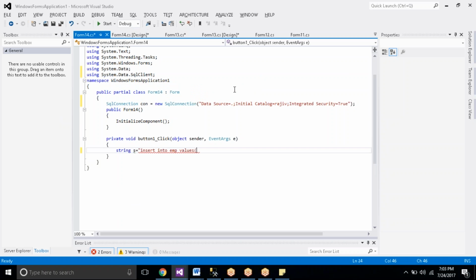Other than taking the single quote and taking the text box txt and all those things, as I told the people yesterday, we need to take P1, P2, P3, P4, and P5. Good. Now we are passing this query from front end to back end with the help of which class? SqlCommand. SqlCommand cmd is equal to.